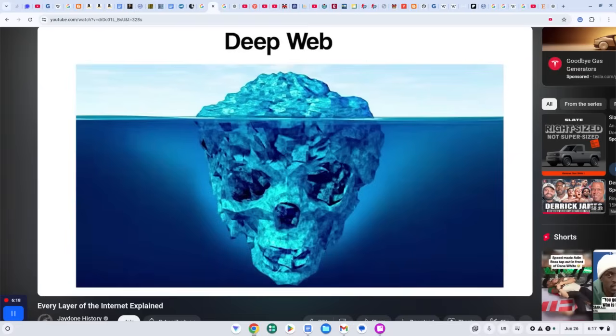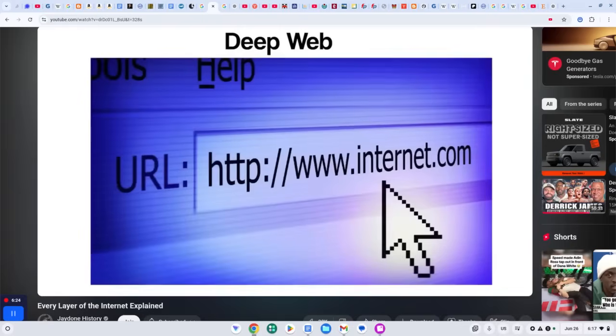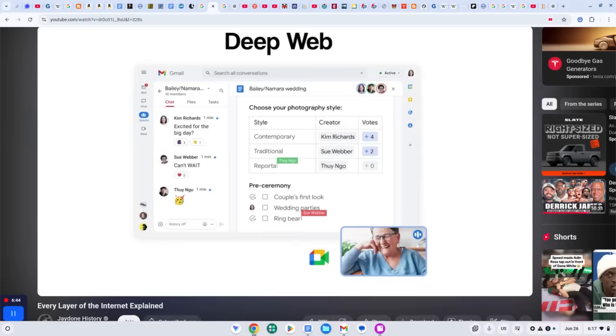The majority of content on the internet actually resides within the deep web. This includes anything stored in private databases, dynamic pages generated in response to specific queries, academic journals behind subscription walls, personal email accounts, online banking systems, medical records, and more. These systems often require authentication or specific URLs to access, making them invisible to standard search engines. For instance, when someone logs into their email or accesses their bank account online, they are navigating the deep web,